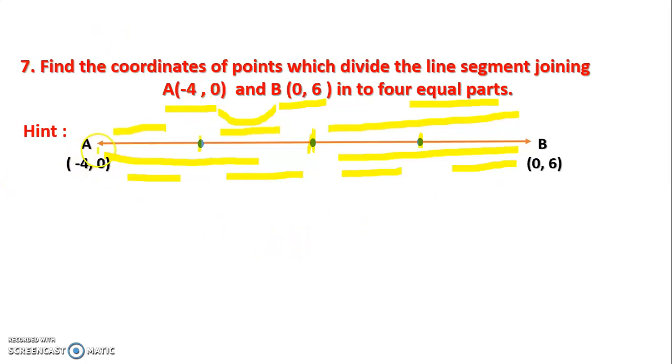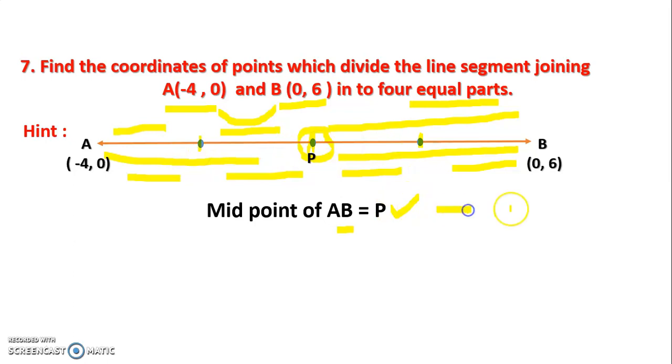Cut here in the sense, first AB is a line. Find the midpoint of AB. If you find the midpoint of AB, that is P. When you find the midpoint of AB, the line is divided into 2 parts. Then after, find the midpoint of AP. After finding the value of P, find the midpoint of A and P. This is equal to R. Now the line is divided into three parts, 1, 2 and 3.